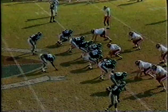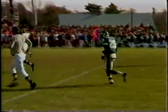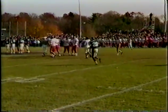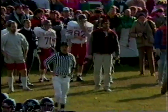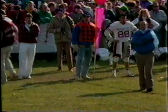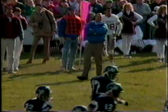as Ansonia now moves out of that wishbone to the split backs with a receiver to this near side. Thomas and Sharkey in the backfield, the split backs. On second down, the junior quarterback wants to air it out as a receiver out there. Overthrows Robbie Clark. Powell, one of the Naugatuck defenders, back deep with Paquetti. And I believe Garbarino also in the area defending for the Greyhounds. Rich Lester threw the ball out of the reach of Robbie Clark that time, but it will drive that secondary back for Naugatuck, as they're going to have to be concerned with Lester's ability to get the ball deep